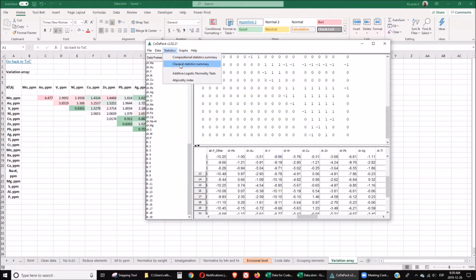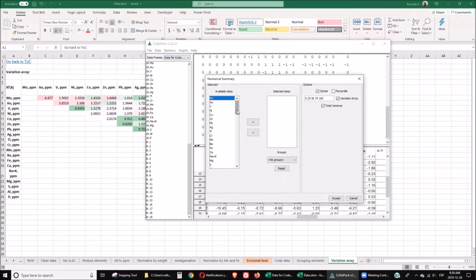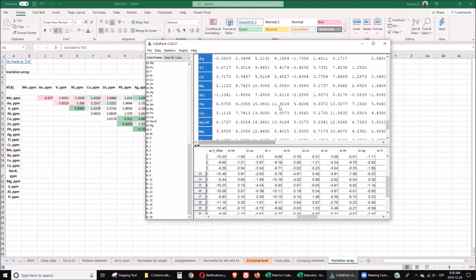Okay, you can do both. Compositional statistics, you select all the elements. You detect you want the center, which is the average, the percentile, the variation array, etc. You can also include the percentile. You click accept, and here you get,